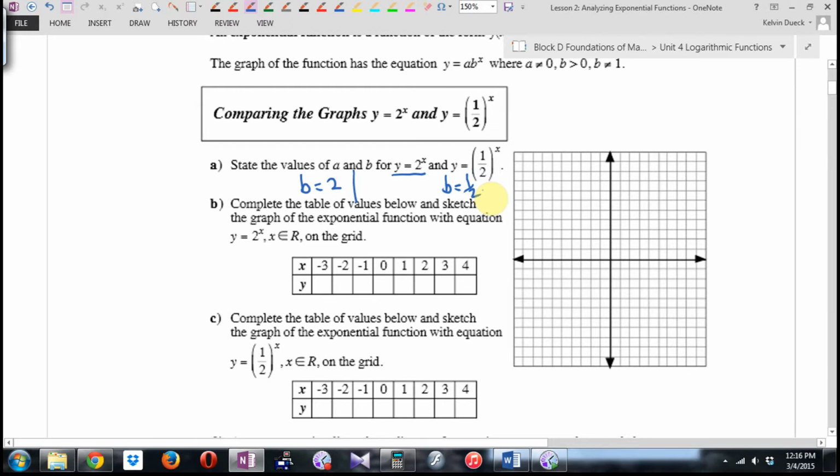Nothing too radical there. It also says, what's A? Now, this is kind of a question that's so easy that it's tough. A is the number sitting right there. What number is sitting in front there? It's invisible. We're starting off with A equals 1, and then later on we'll actually put numbers there and see how that affects the graph. Just like you started off with the parabola, y equals 1x squared, although you never bothered writing the 1, and then later on you learned the whole stretch and flip and all that stuff, right? So, in both of these,